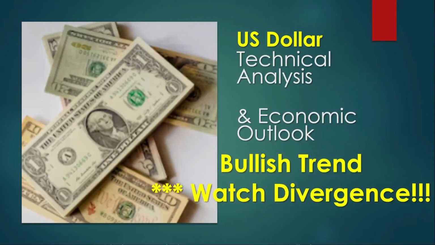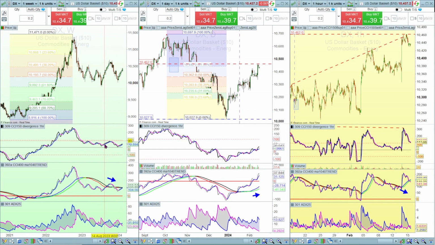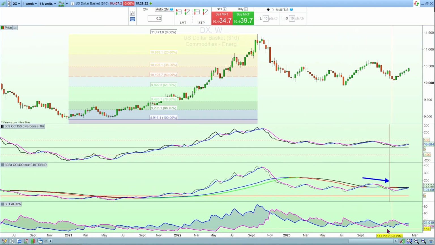It's February 15, 2024. This is a US dollar analysis. Just be mindful we're in a somewhat bullish trend, although there is a divergence working out, and we've also hit a minor resistance. So first off, we've got the weekly, daily and hourly, and on the weekly first, our ADX